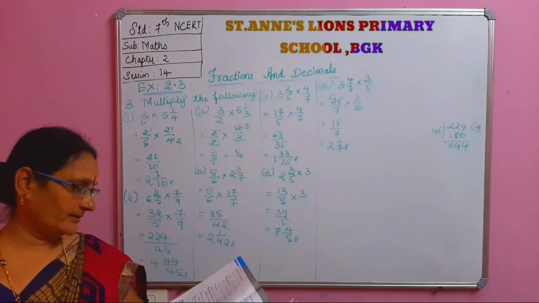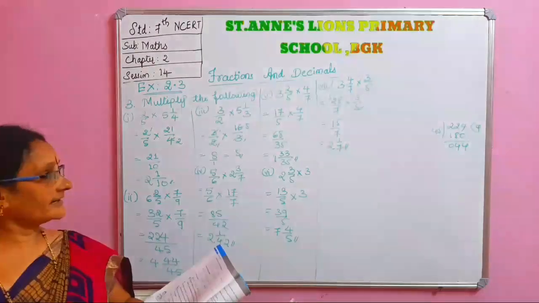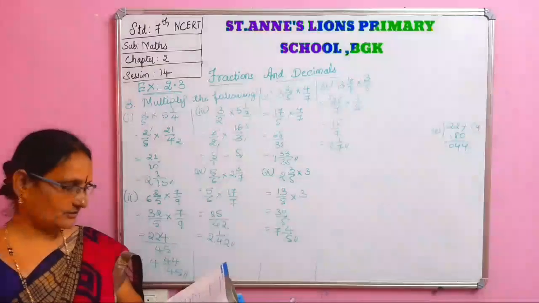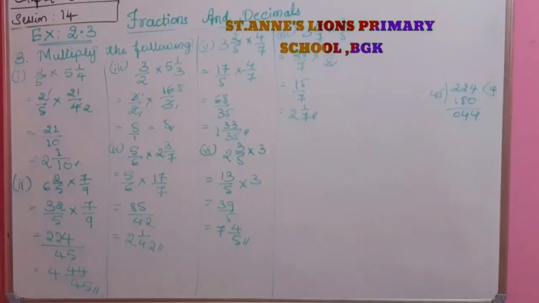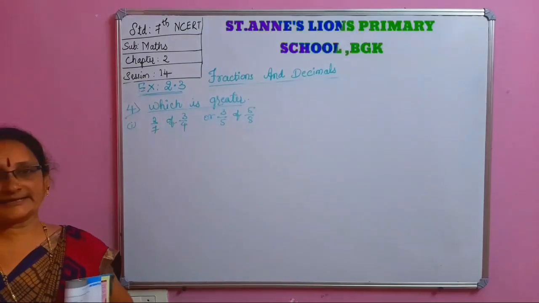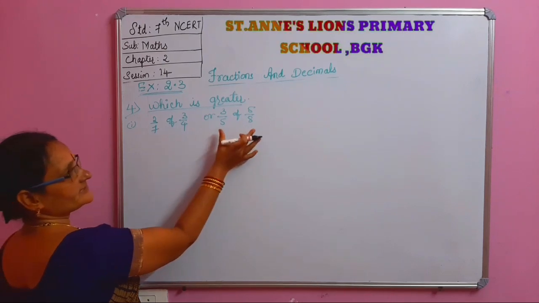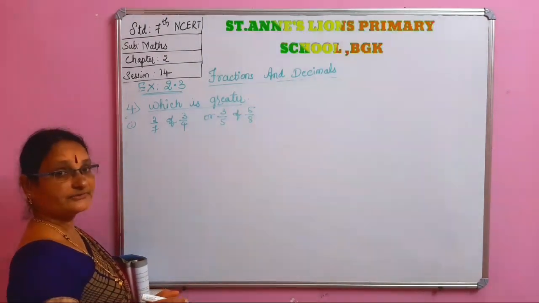Now the fourth main, which is greater. You just copy this because that much place is not sufficient. Fourth main I do next. Now the fourth main, which is greater. Here, this is one pair, this is one pair. We go on seeing and then we will finalize which is greater.